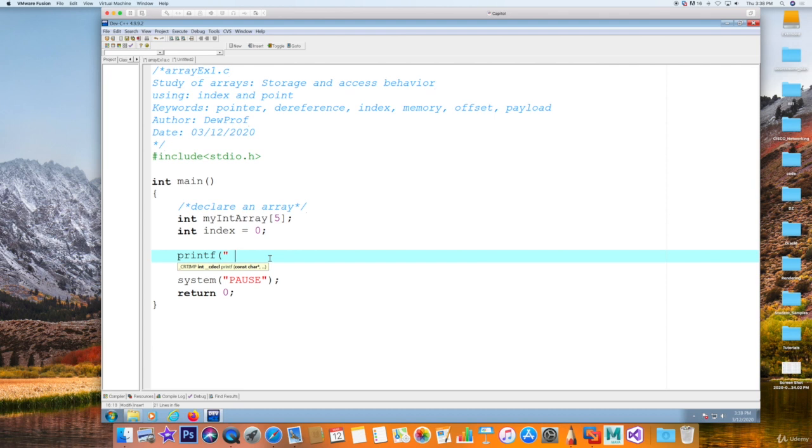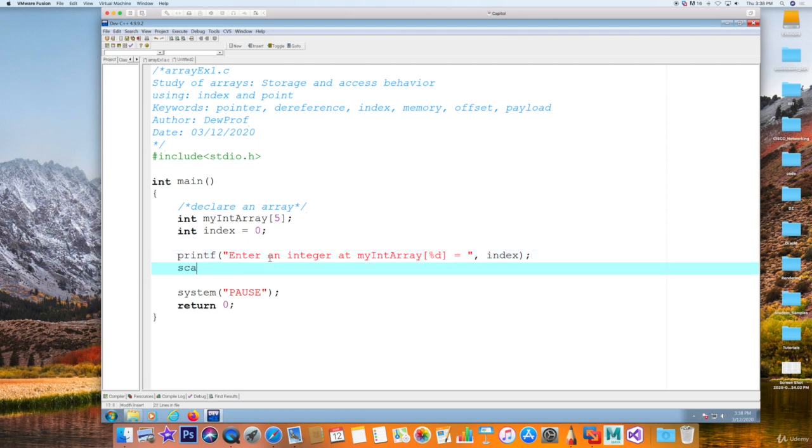Okay, so here, enter an integer at my int array. We're going to call it that way. %d. Now you don't have to format it this way. I like to show what happens to the index as we move forward. And let's do index. So what's going to happen is this is going to display my int array 0, right? And then you're going to do scanf